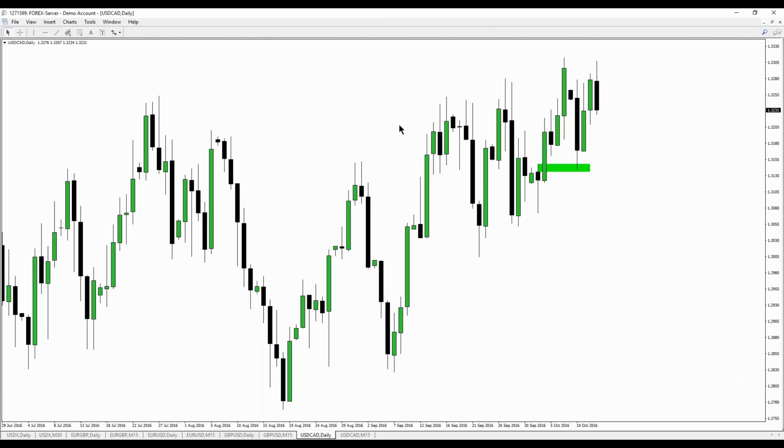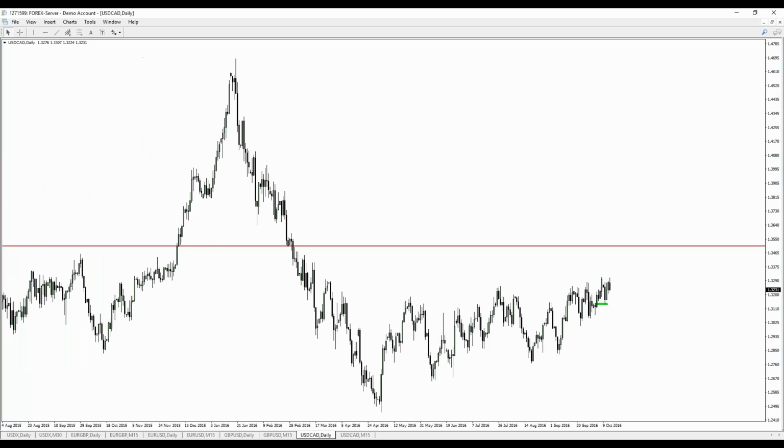CAD has, let's go out one more time and zoom out. Okay, we are still in this really long, drawn out consolidation. It's maintaining its press on higher highs and higher lows, and